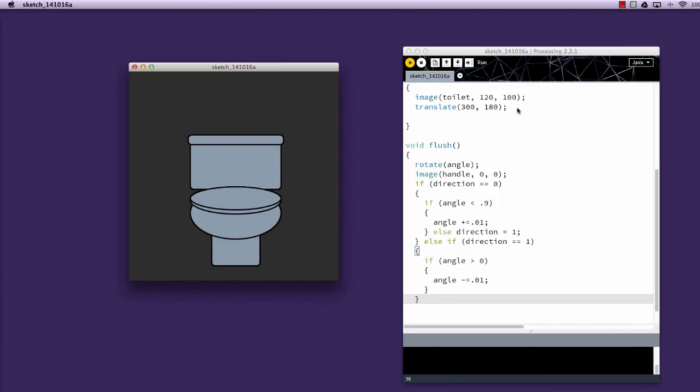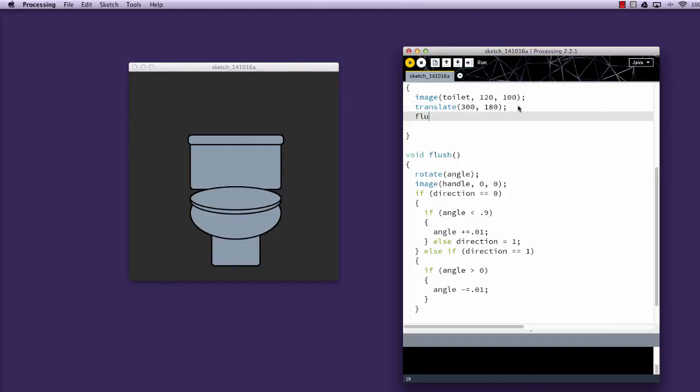So I'm going to have to call that function. And that puts the handle in place.